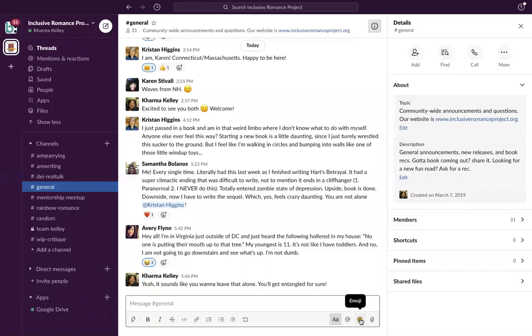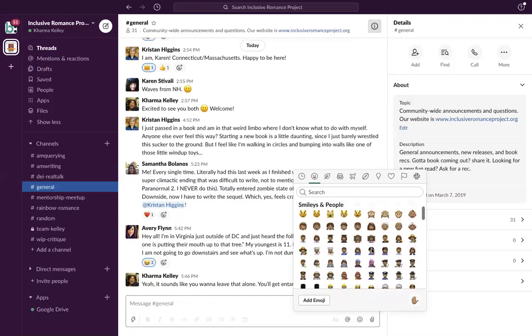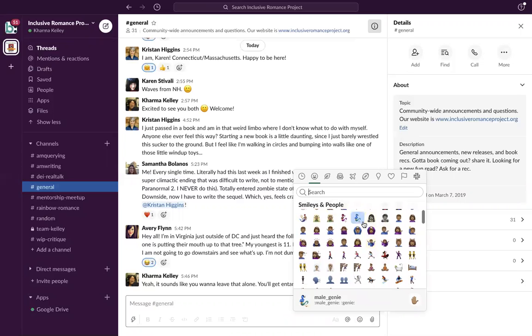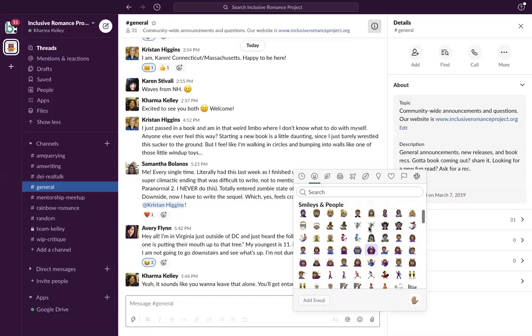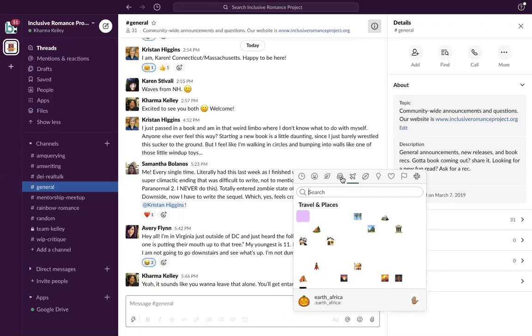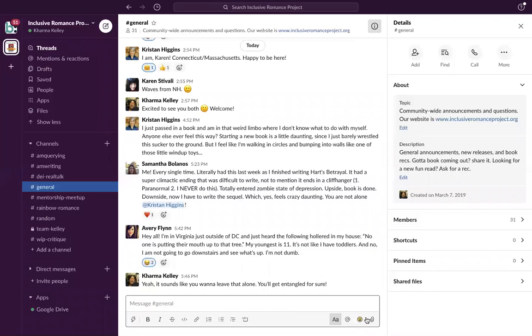You can also put emojis, and there are tons of emojis in here. It's ridiculous. And a really cool inclusive note, you can do it in different shades too. So totally love that. But yeah, all these little different emojis, have fun with it. You can attach files as well.